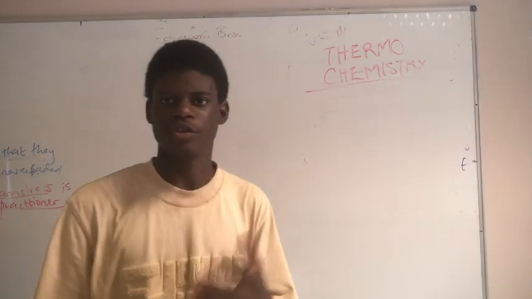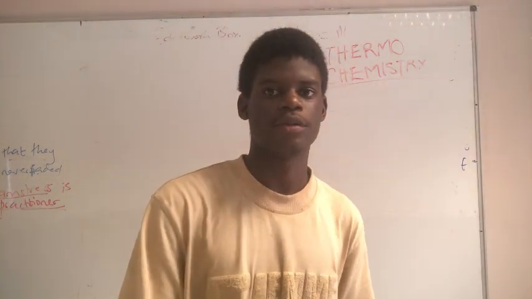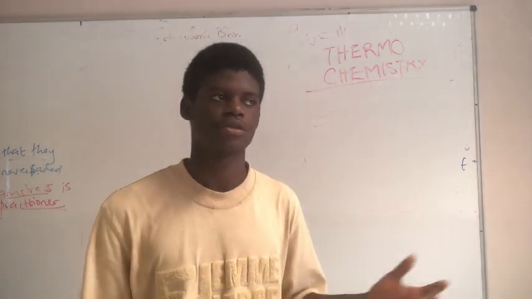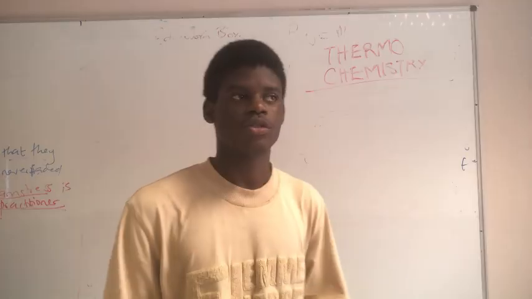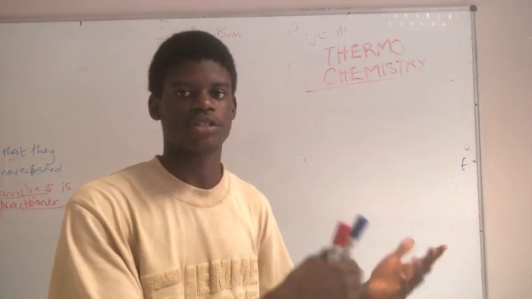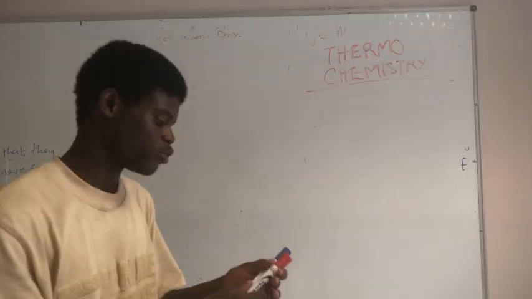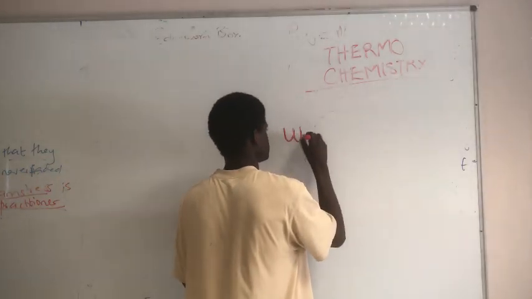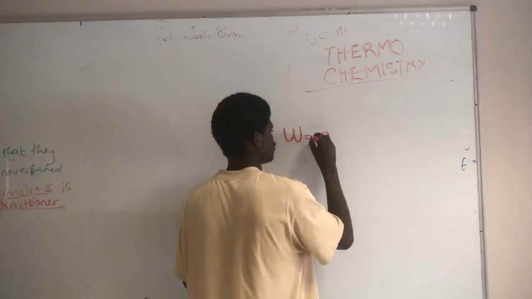If you see a question, to know if it is isothermal or isobaric, that is constant temperature or constant pressure: if it is isothermal, they will say something like the temperature is kept at. If it's kept at, that means it is constant. So you use isothermal. So the formula for work done in an isothermal process is